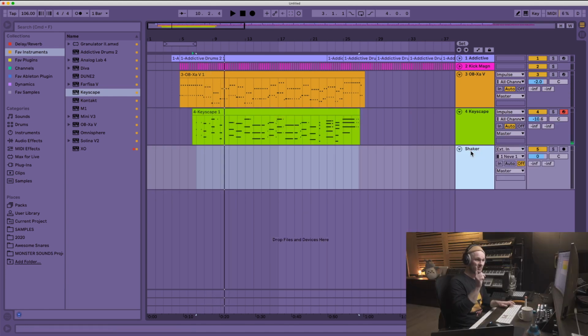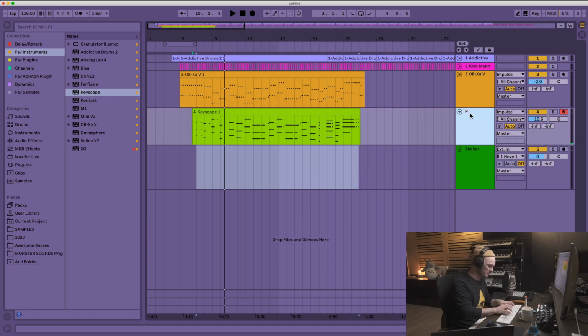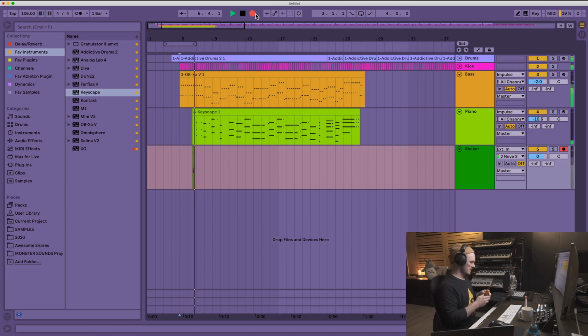And as my parents always told me, remember to name your track files. Let's name this piano. Bass here, kick, drums, pop. 1, 2, 3,